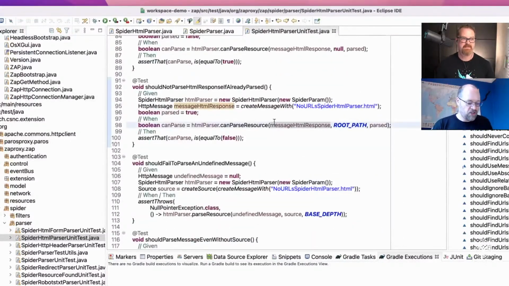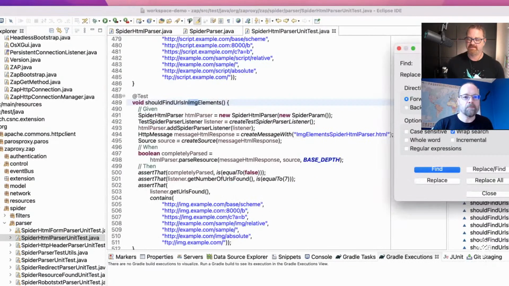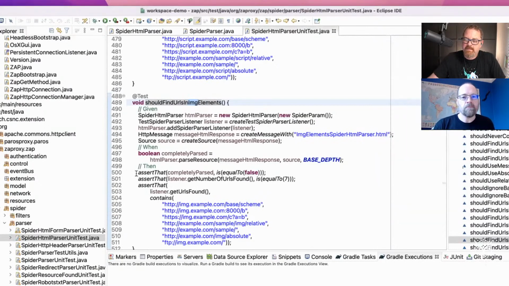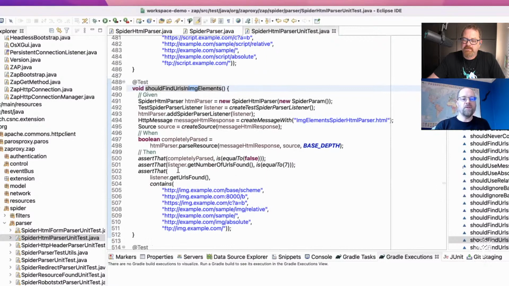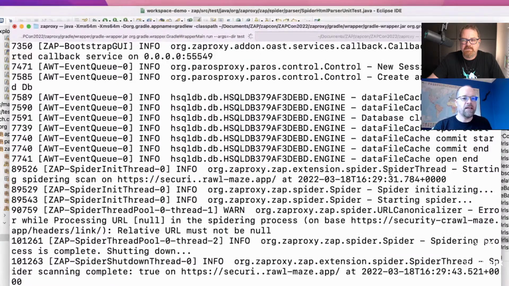So again, cheat, find IMG. It should find URLs in image elements. Great. So it has unit tests, and they are testing for image elements. This should make it easier. And what we're doing is creating a message with a file name. You can't see much in here, but you can see what we're testing for, and I think it's fairly clear that that is a file. And the question is, where is that file? I know where it is, but if you don't, copy that, go back into